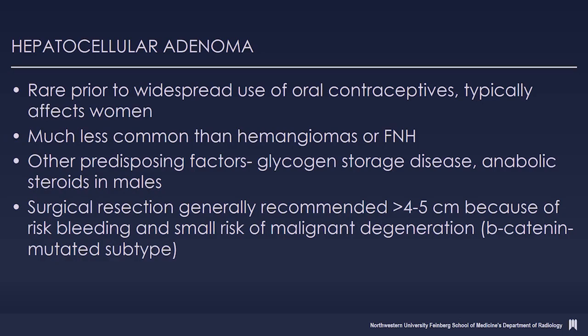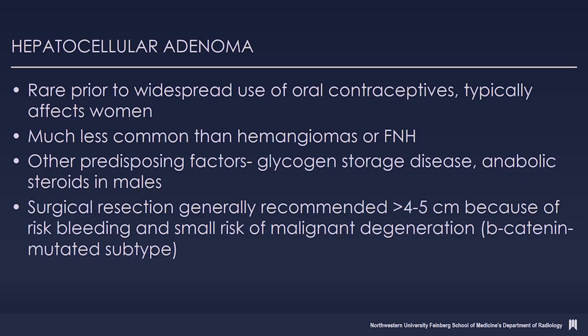So hepatocellular adenomas were rare prior to widespread use of oral contraceptives. It's typically seen in women. It's much less common than hemangiomas or FNH. Other predisposing factors include glycogen storage disease and anabolic steroids in males, so we may start seeing it in baseball